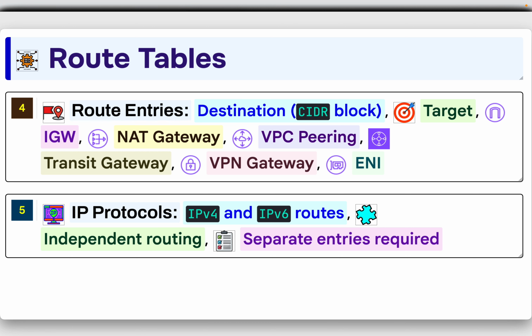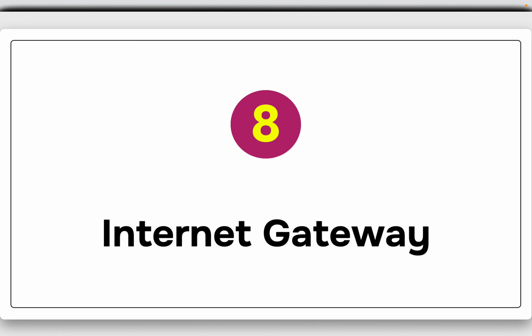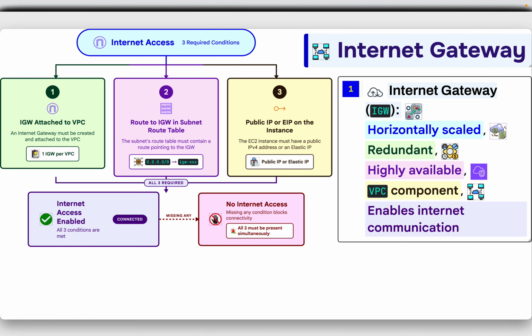IPv4 and IPv6 routes are independent and require separate entries in the route table. Eighth topic is Internet Gateway. So the diagram shows three required conditions for internet access. Condition 1 is an internet gateway attached to the VPC. Condition 2 is a route to internet gateway, which is